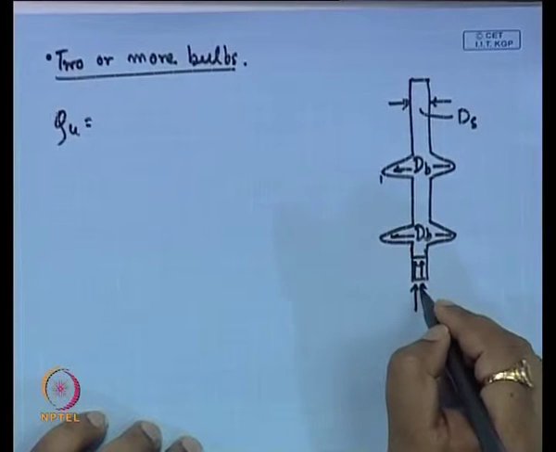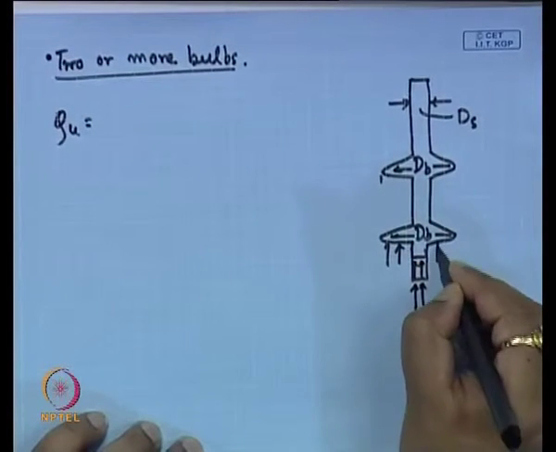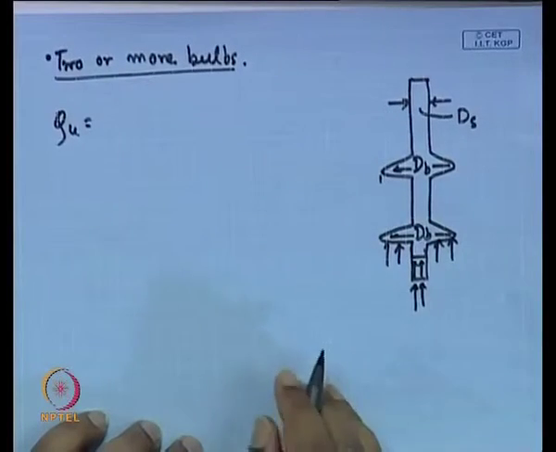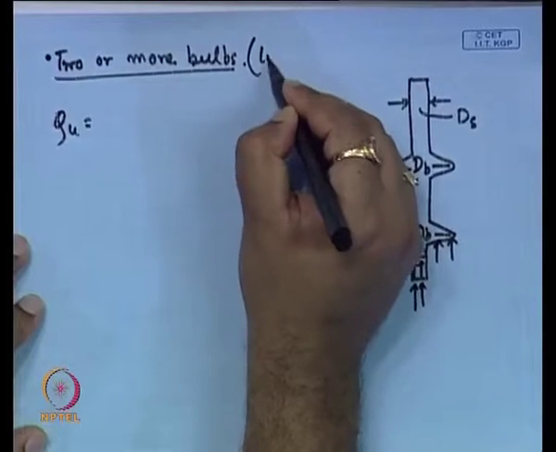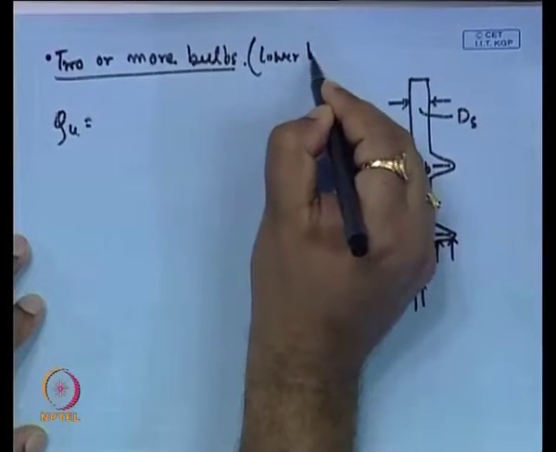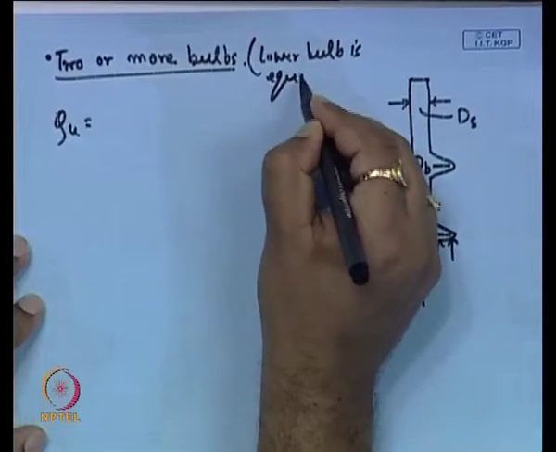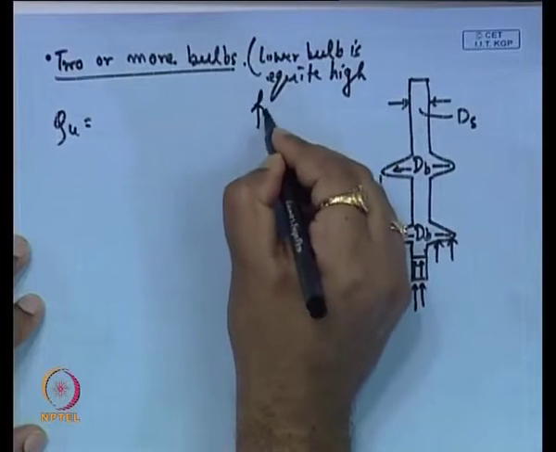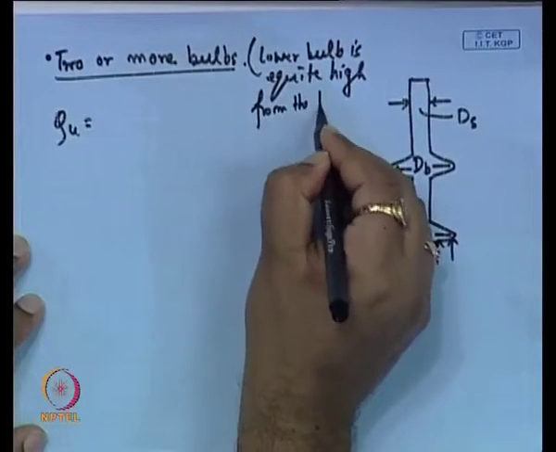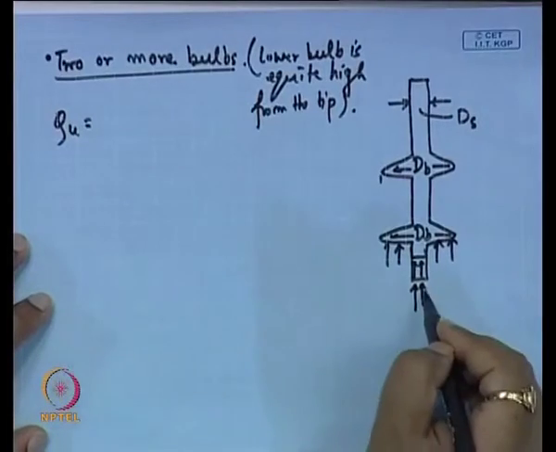So, that means we will get resistance from here and another resistance we will get from this enlarged portion. So, here also the lower bulb is quite high from the tip of the pile. So, first we will calculate this